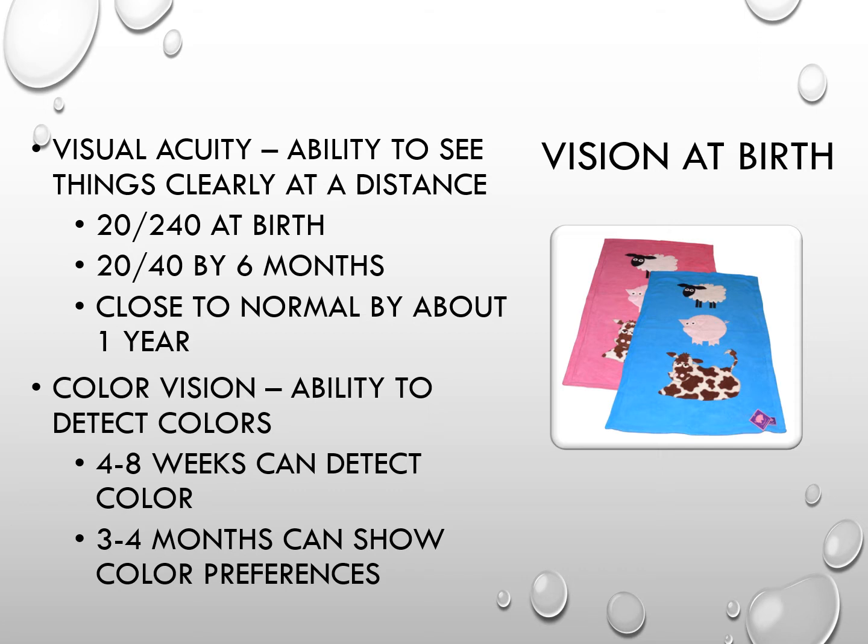In fact, most children by about 6 months have roughly 20/40 vision, and by the time they get to a year, vision is about as good as it's going to get. This is when you can start to talk about individual differences in the ability to see things clearly. It's tough to intervene at around 1 year because the eye is still technically developing, so things can potentially change. But usually visual acuity starts to really resemble what we're expecting to see in adulthood by about a year of